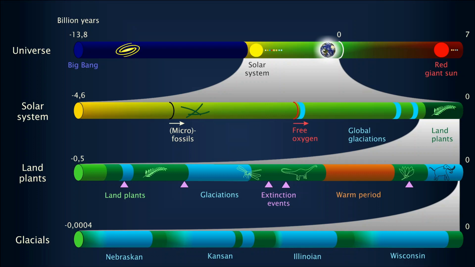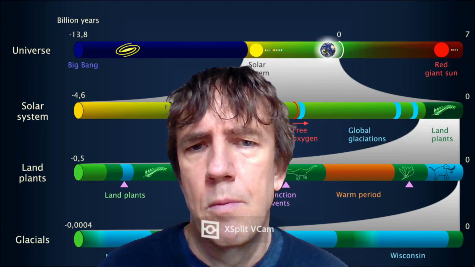Another important, interesting point, in my view, is if you look at the time scale. One glacial period takes about 100,000 years, and for us humans, this is a very long time. But if you look at the sequence of four glacials, about 400,000 years, this is only 1,000th of the whole period of the land plants, which I have shown you above. And this maybe shows you what huge periods life on Earth really has taken so far.